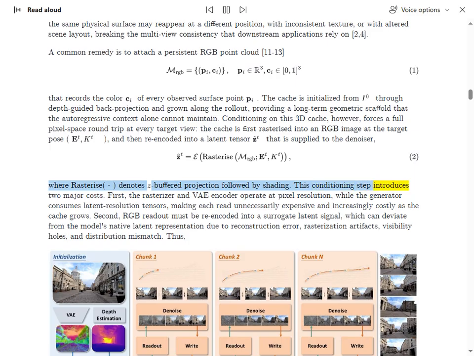This conditioning step introduces two major costs. First, the rasterizer and VAE encoder operate at pixel resolution, while the generator consumes latent resolution tensors, making each readout unnecessarily expensive and increasingly costly as the cache grows. Second, RGB readout must be re-encoded into a surrogate latent signal, which can deviate from the model's native latent representation due to reconstruction error, rasterization artifacts, visibility holes, and distribution mismatch. Thus,